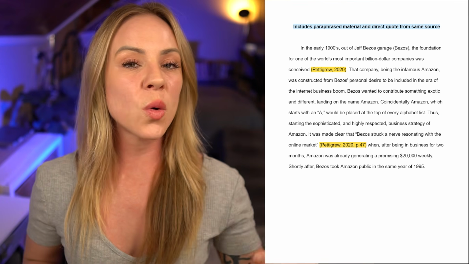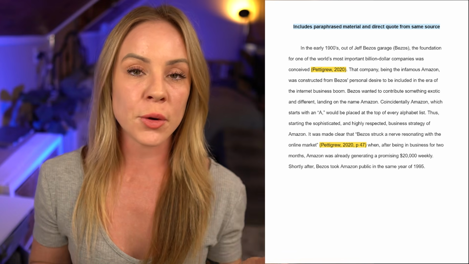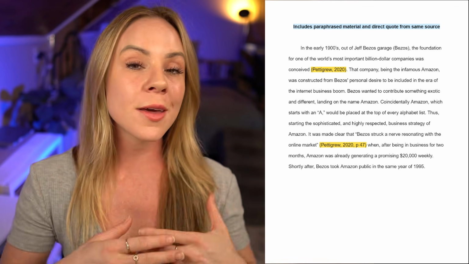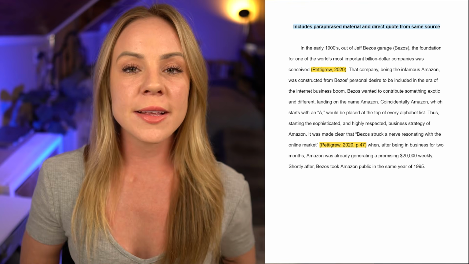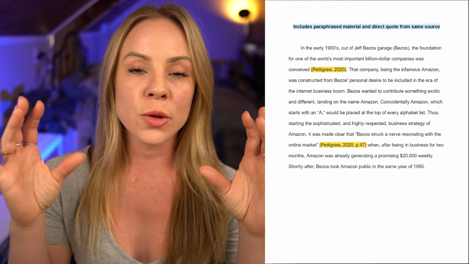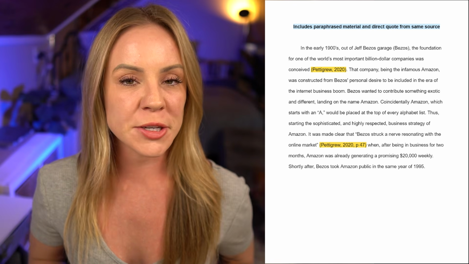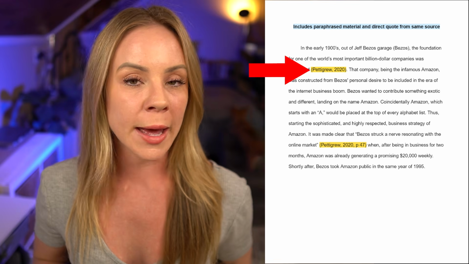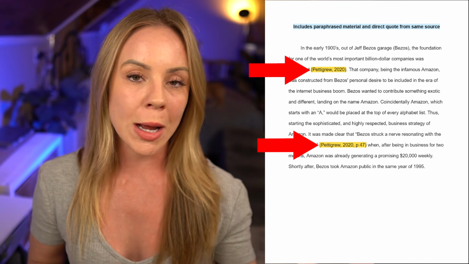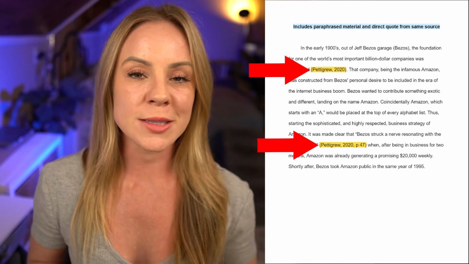Now, following with the paragraph containing material from one source, let's say that part of it is paraphrased and there is a direct quote. In this case, you're going to combine the two rules of thumb in that you're going to include the citation for the paraphrased material, like you see it is here at the beginning, and then you're always going to include a citation for a direct quote where the direct quote is located.